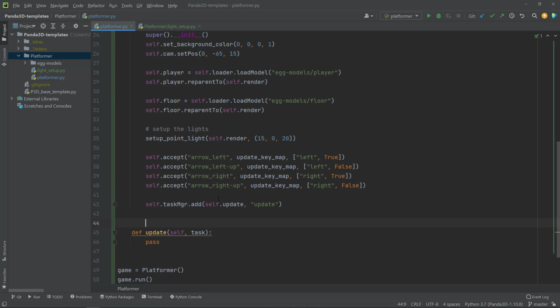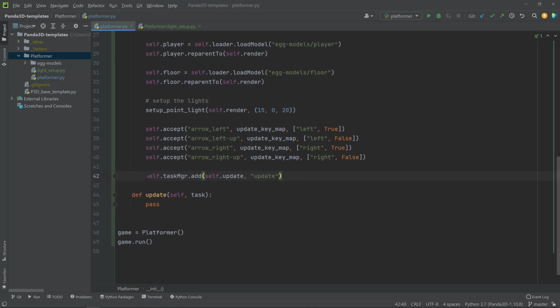So self.taskmanager.add, the self.update. This is this method, and this is just the name of the method, update. You can name it whatever you want, but I'm just calling it update. So now that we have added this update method to the task manager, this update method will be called every frame, as I said, 60 frames a second. I'm just going to print out something like hello, and if I run it,